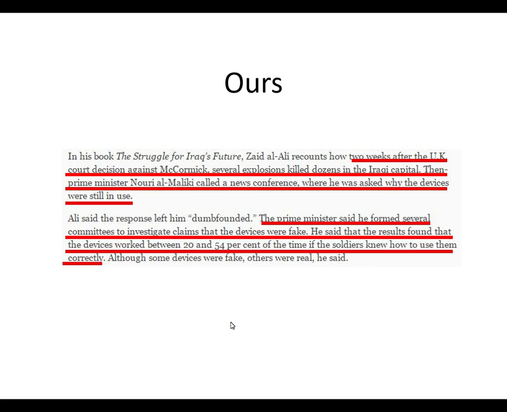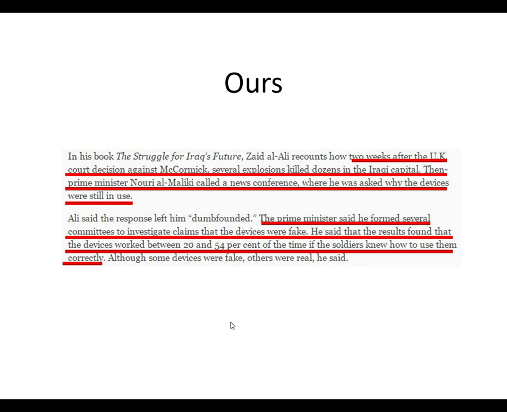The Prime Minister said he formed several committees to investigate the claims that the devices were fake. Now, there were 3 or 4 rounds of empirical studies where United Kingdom's researchers put them to the test using bombs to see whether they could detect them. It's not a difficult task to run. They could have looked up these studies. Instead, they formed committees. He said that the results found that the devices worked between 20 and 54% of the